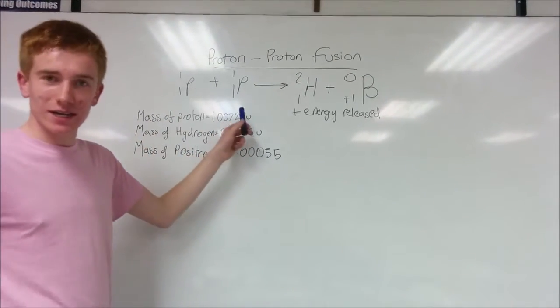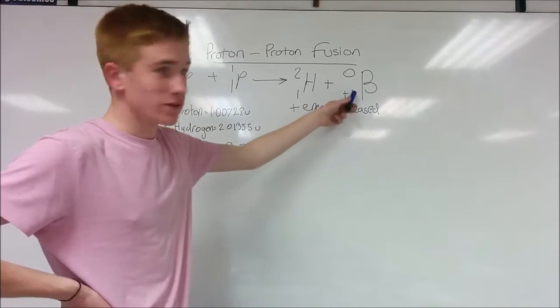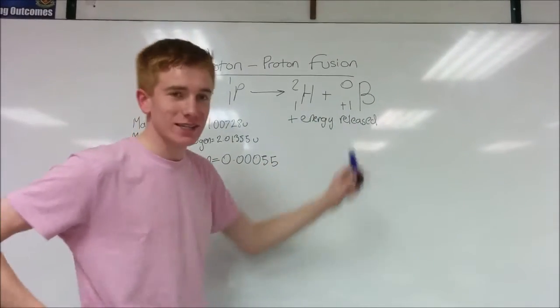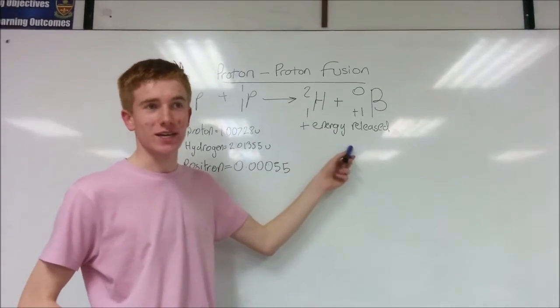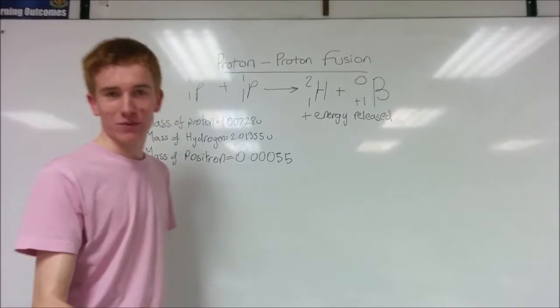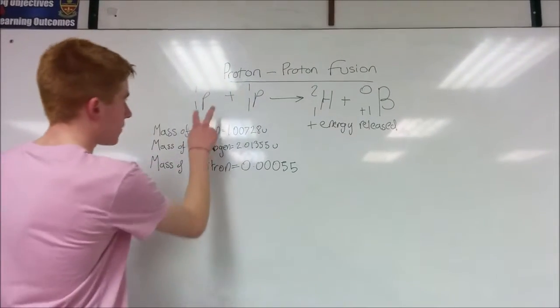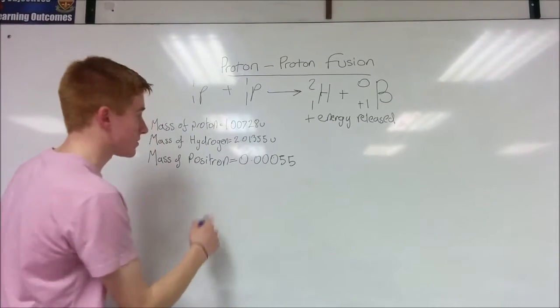When two protons collide, you get a hydrogen atom, a positron, which is the antiparticle of an electron, and you also get energy released. And we shall try and work out how much energy is released. So, first of all, we'll work on the total mass before the fusion takes place. Since we have two protons, the total mass is